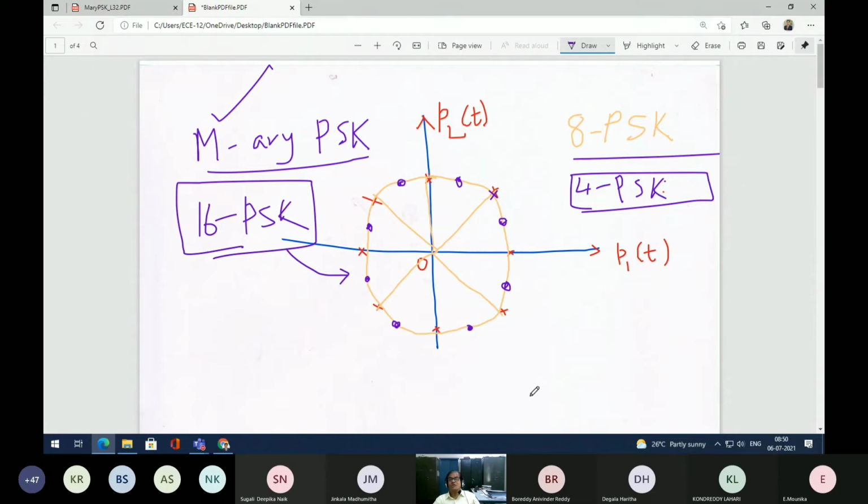Okay, if you find the equivalent distance between two successive signaling points, what is the distance here? This is the distance between the two signaling points, correct? This is your distance D, the equivalent distance D between two successive signaling points. Now, if I bisect this particular line and draw a straight line, something like it goes. Sorry, I'm not drawing it correctly. Somewhere it passes through this one.